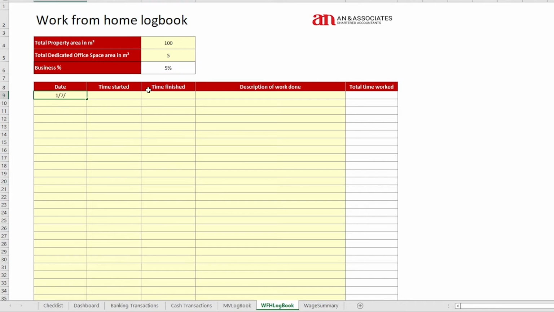Now, what you need to do is start logging when it is that you actually perform all the business activities at home. So in our case, it is on the 1st of July, 2021. The start time is when they got home at around 7 p.m. And the finish time is 8:30.